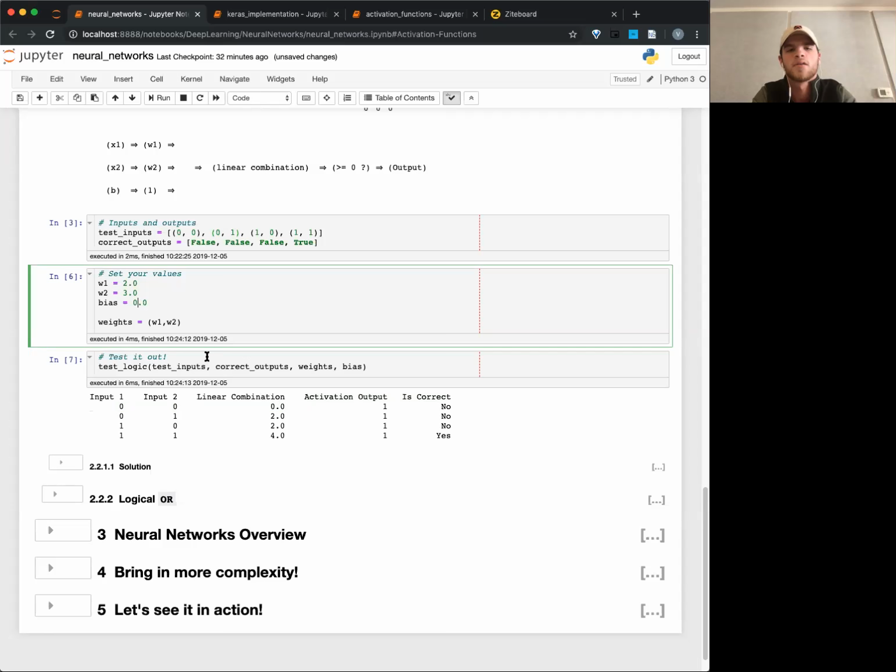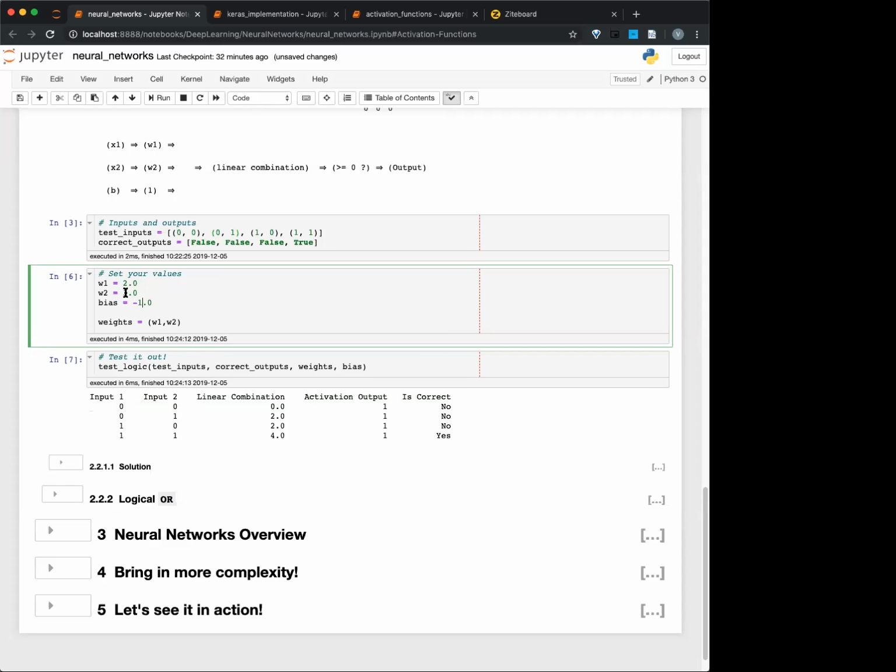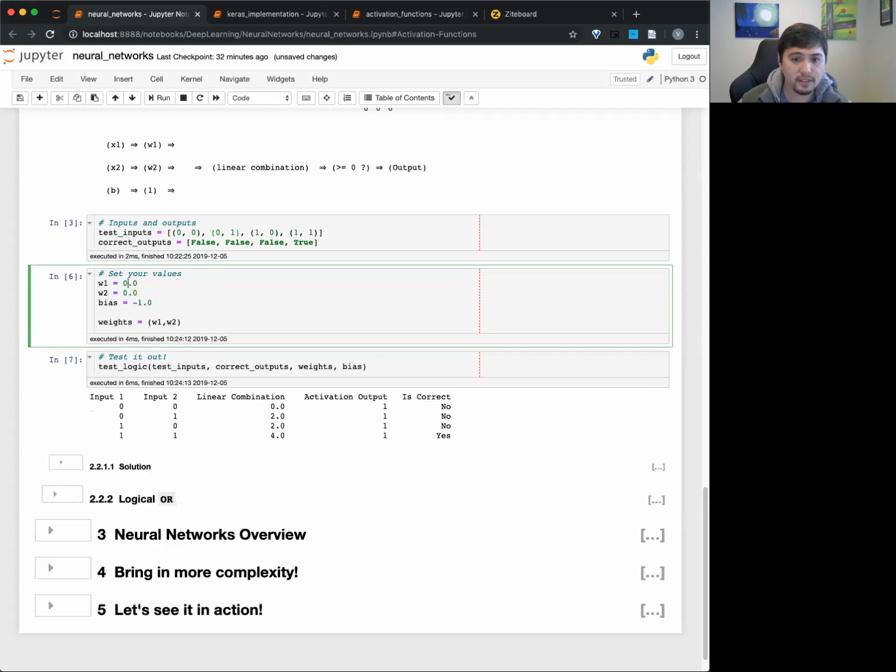I'm sorry, a negative number? Yeah, a negative number, right? So -1. Ones are nice. Okay, so let's just try that. I'll keep these at 0, right? And then we try this guy out. And you can see, okay, looks like we got the, hey, look at that. Just changing -1 here, we got everything else correct.